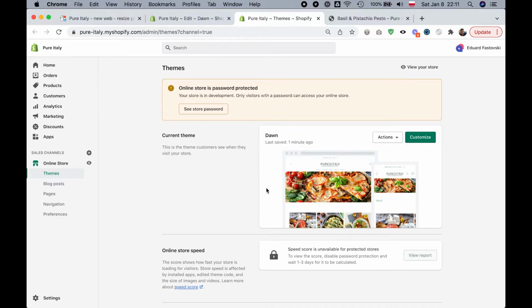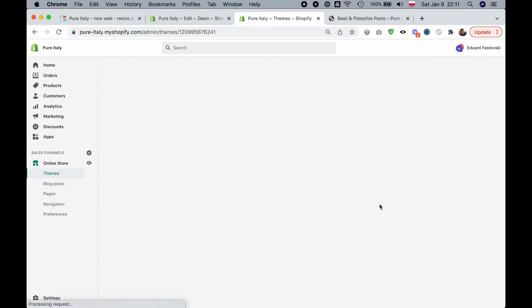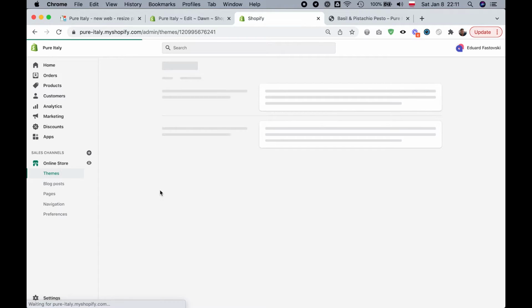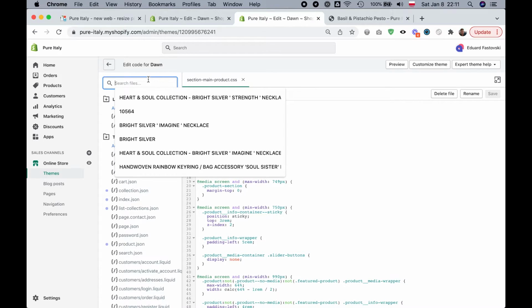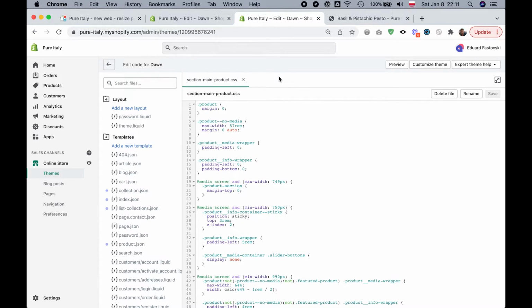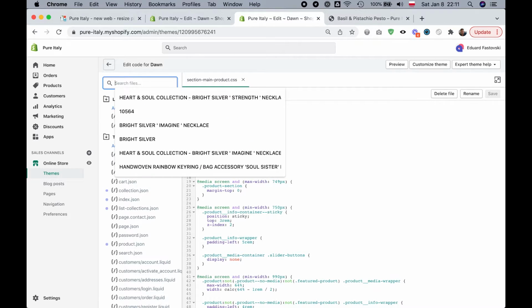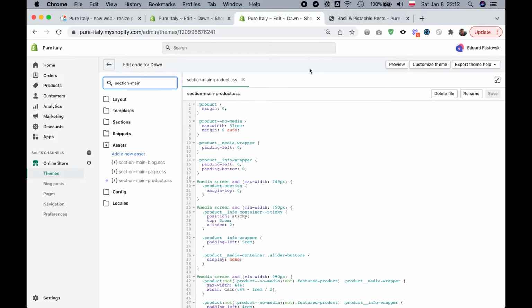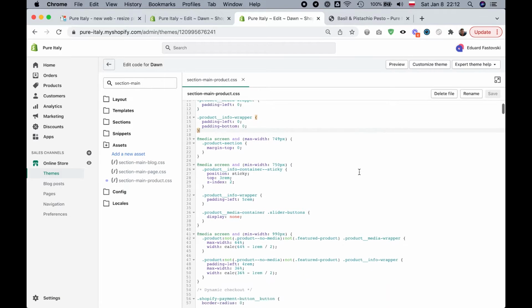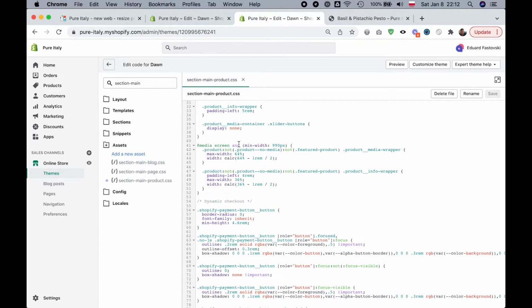So all we're going to do is go to online store, themes, then open up actions, edit code to go into the theme code editor, and you're just going to look for a file called section main product.css. I already have it open here. So you can just search this, section main product, and you'll find it here under assets. So open up that file, and you're just going to scroll down a little bit to this section that says